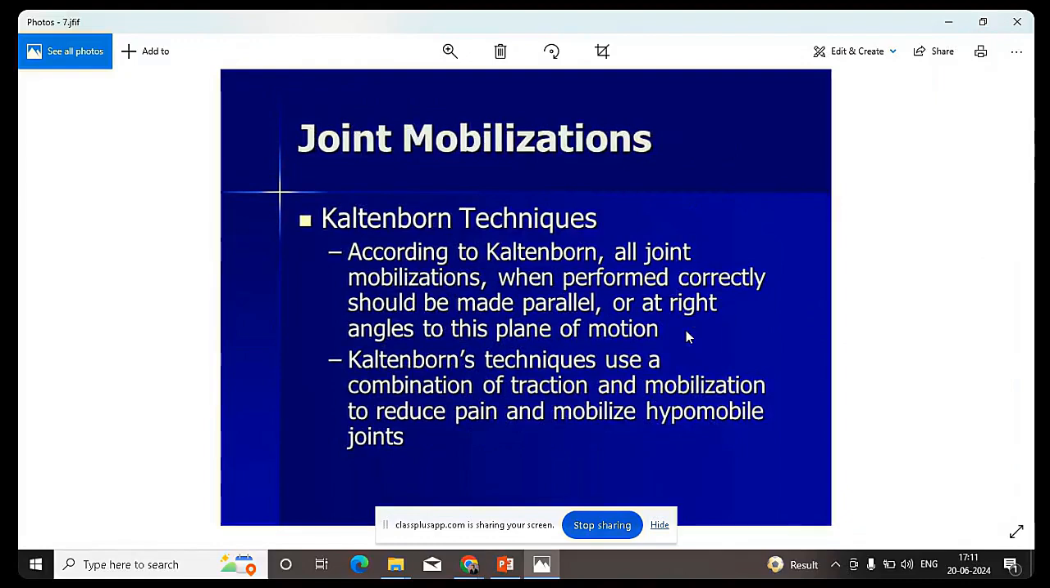The joint mobilization, the Kaltenborn technique, is popular. According to Kaltenborn, all joint mobilizations, when performed correctly, should be made parallel or at a right angle to each of the planes of motion. There are three planes of motion: sagittal, axial, and coronal. So all the joints should be at a right angle in all the planes of motion. The Kaltenborn technique uses a combination of traction mobilization to reduce pain and mobilize the hypermobile joints. If there is a laxity, if there is